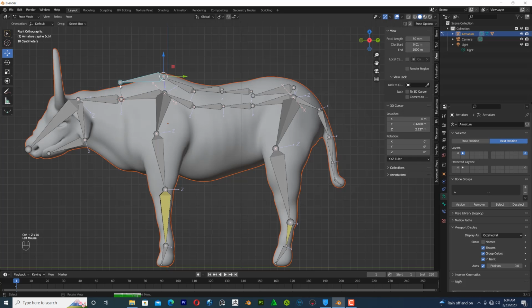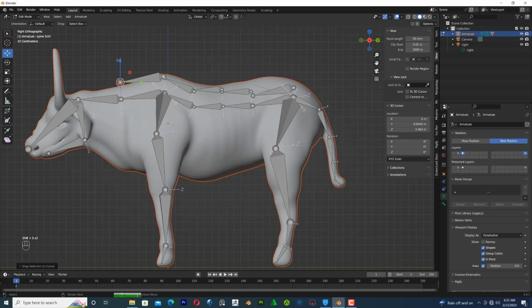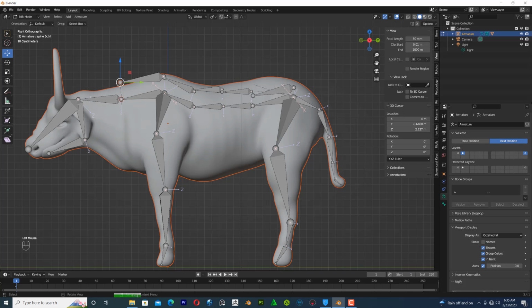Okay, make sure this is aligned well. I'll come here to the edit mode. I'll press Shift S, cursor to the selection. Control Z. Press here, Shift S, cursor to the selection, and I select this pawn here, Shift S, selection to the cursor,